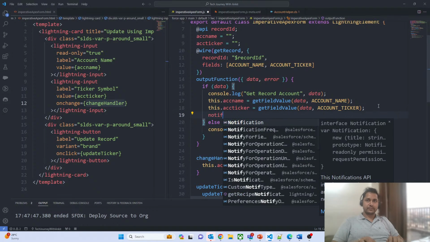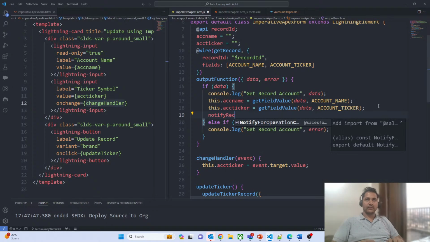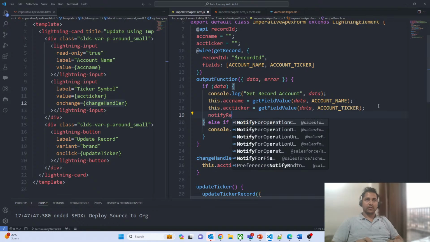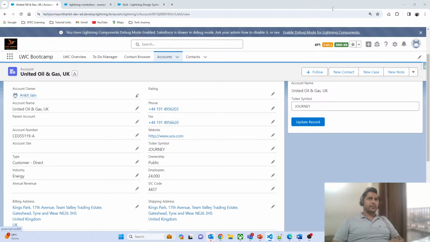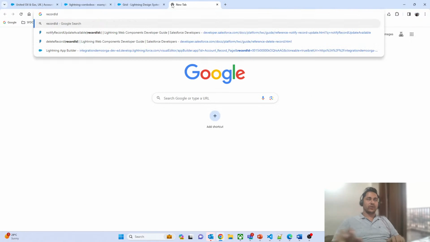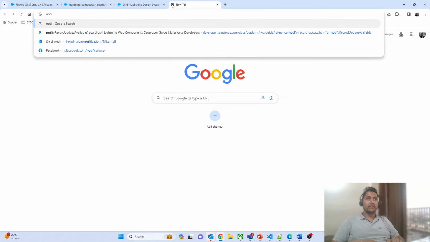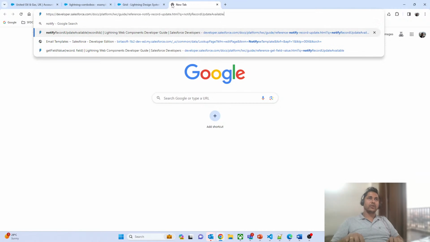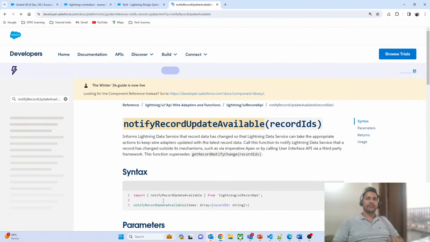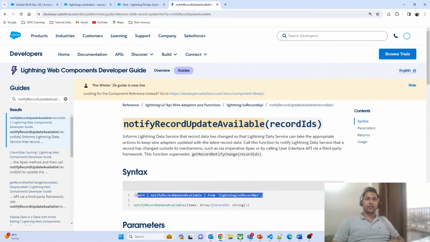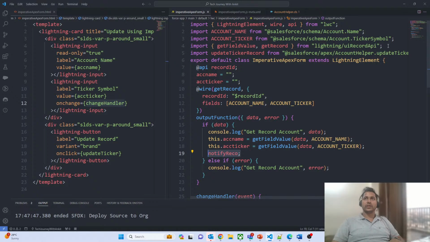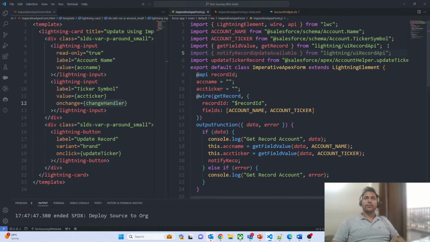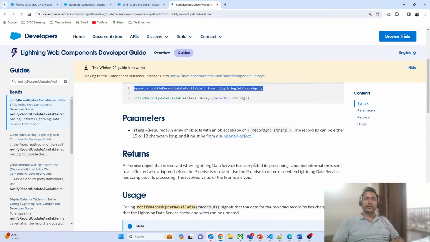Notify. I'm also not sure about the syntax part, so let me go and Google it here. Notify record update available method. So what we have to do here is perform this import operation from notify record update available. So here I go and perform this import operation, and after that we have to make a call to